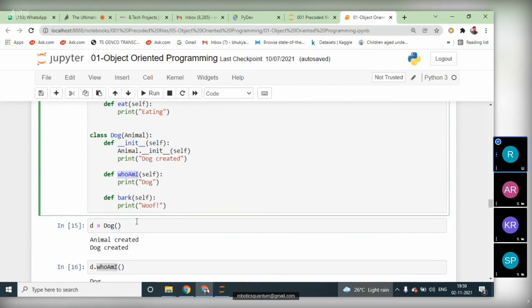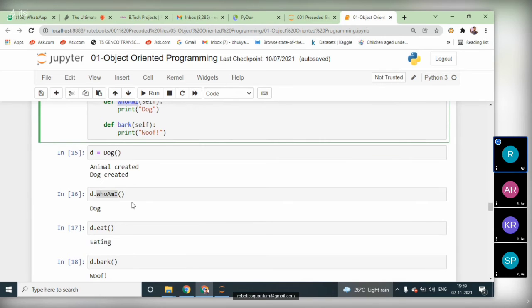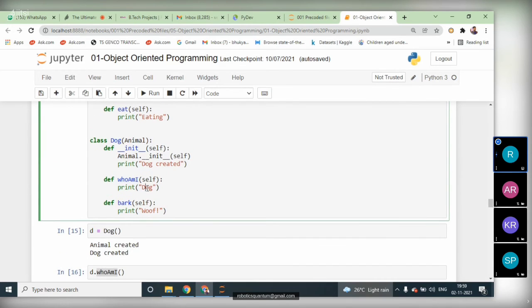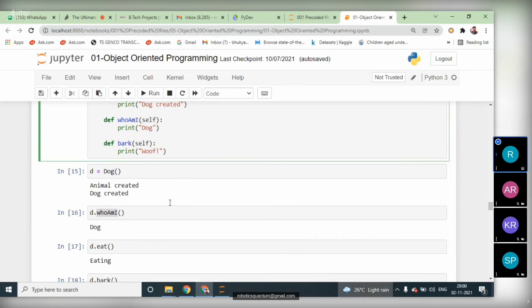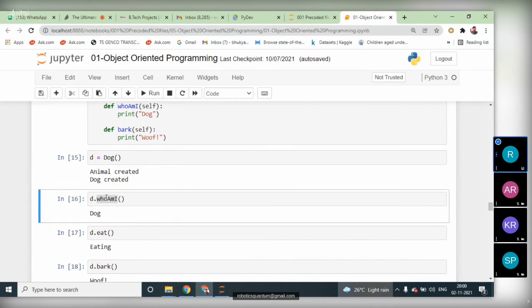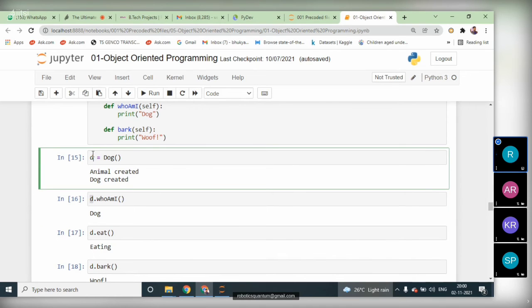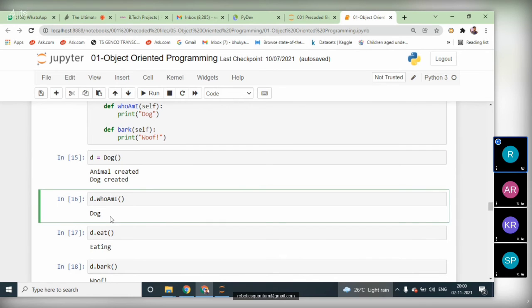The first priority goes to the child class. So in the child class we have dog, but in the parent class we have animal. So when we call the who am I method with the help of the child class object reference variable, this child class method only will be executed.